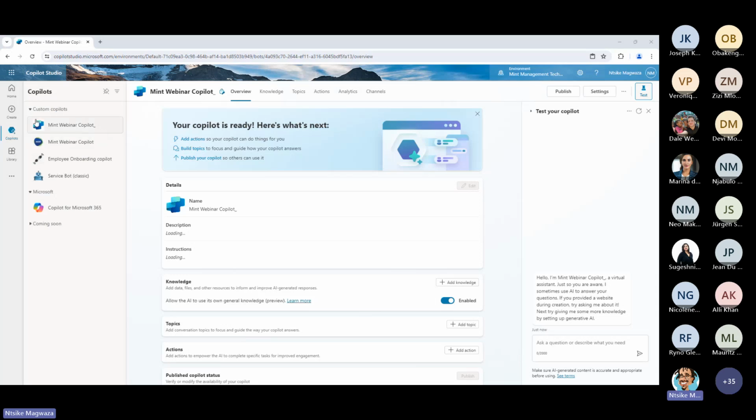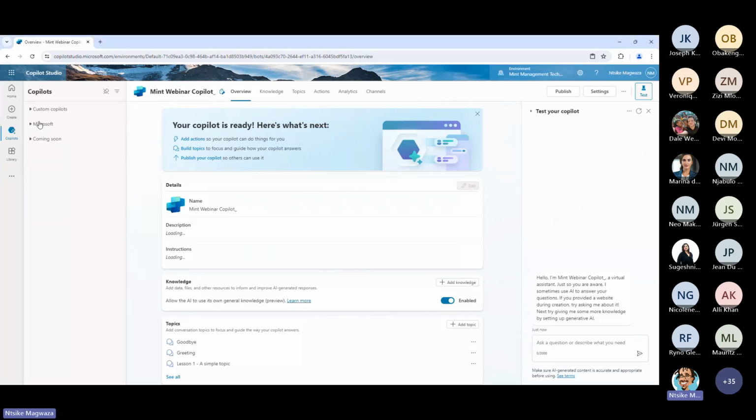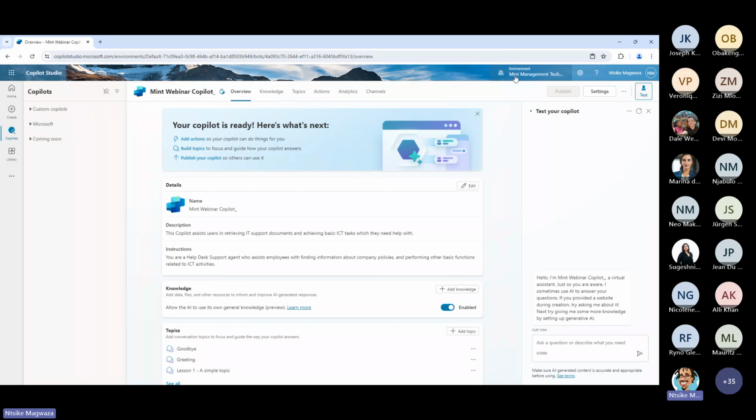Okay, right. So we've created our Copilot here. You can see it's popped up on the left-hand side here. It's got the little symbol as well as the description, which is busy loading, and the instructions, which are loading here. So just to collapse this to make things a little bit cleaner for the moment,